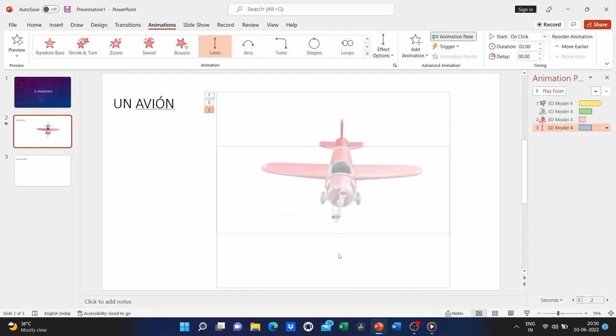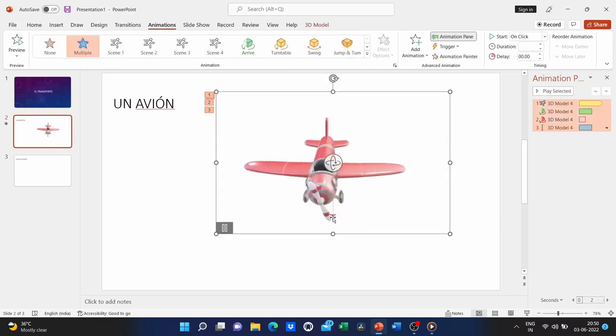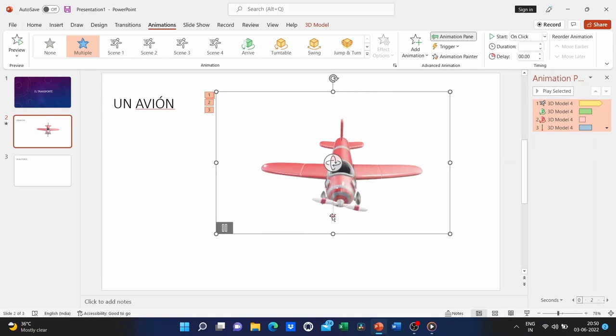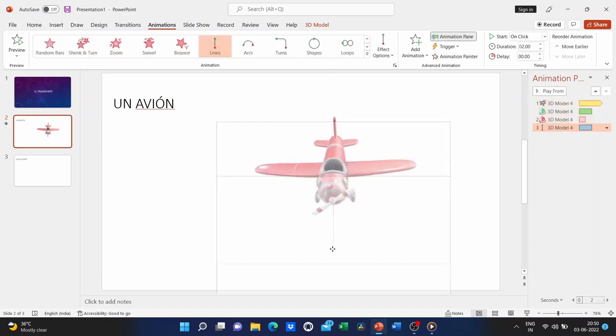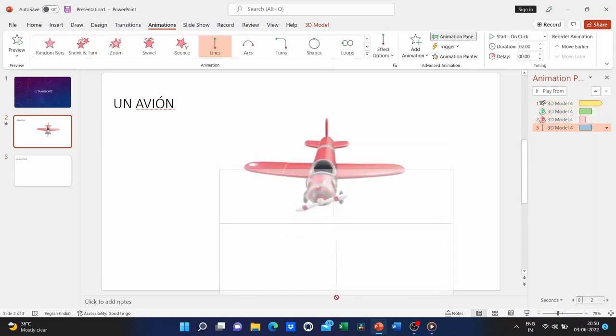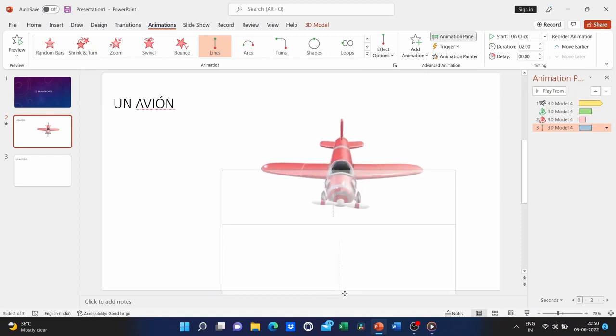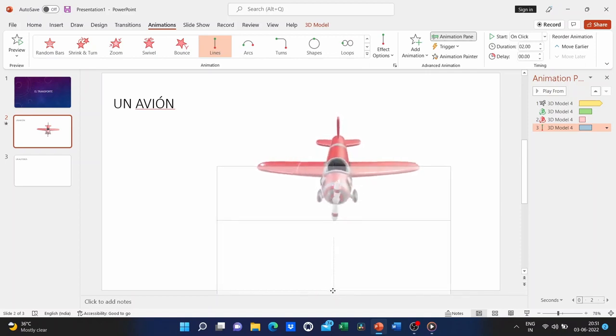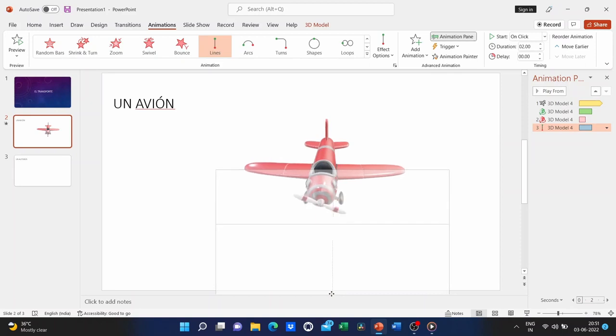It makes the airplane move down a little bit down the screen. Now, if you look closely at the airplane, you'll see that there's an arrow that has appeared. If I drag that down, it makes it so the airplane will make its way further down the slide, right? That's the distance that it's going to travel in my line animation.